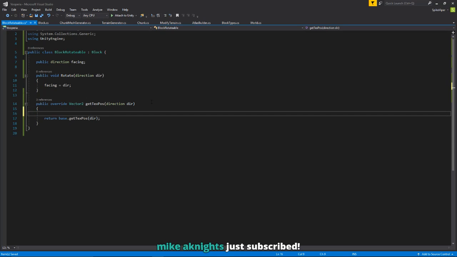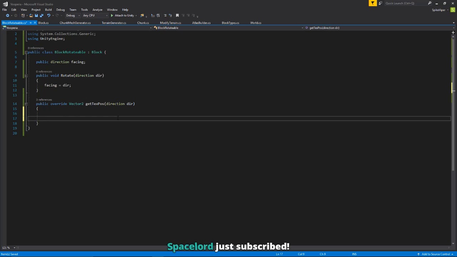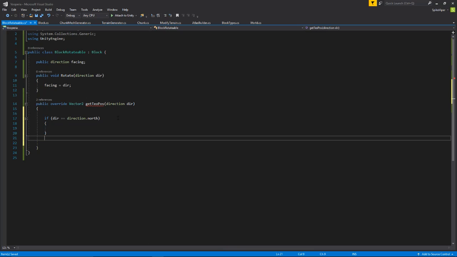Now we can somewhat copy old code, but this is a lot of math that I don't like to do. So we're going to assume that for all blocks, the front is always going to be north. If the front is always north, then there are 6 different ways it can be facing. So this is going to be fun. We have to write 6 different returns depending on the direction. If direction equals Direction.North, if it's facing north, it can just return like normal. But then else,